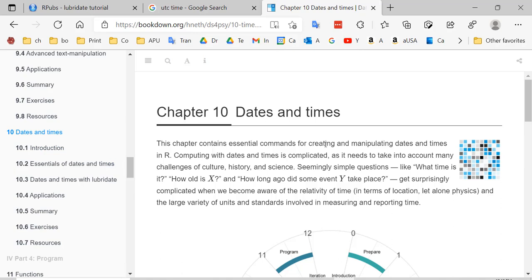This chapter contains essential commands for creating and manipulating dates and times in R. Computing with dates and times is complicated as it needs to take into account many challenges of culture, history, and science. Seemingly simple questions like what time is it, how old is X, how long ago did some event Y take place, get surprisingly complicated when we become aware of the relativity of time in terms of location, let alone physics, and the large variety of units and standards involved in measuring and reporting time. It seems like such a simple thing, but it's not that simple, and especially in base R, not particularly simple. But with some of the additional packages we'll use, hopefully it will be a lot easier to work with